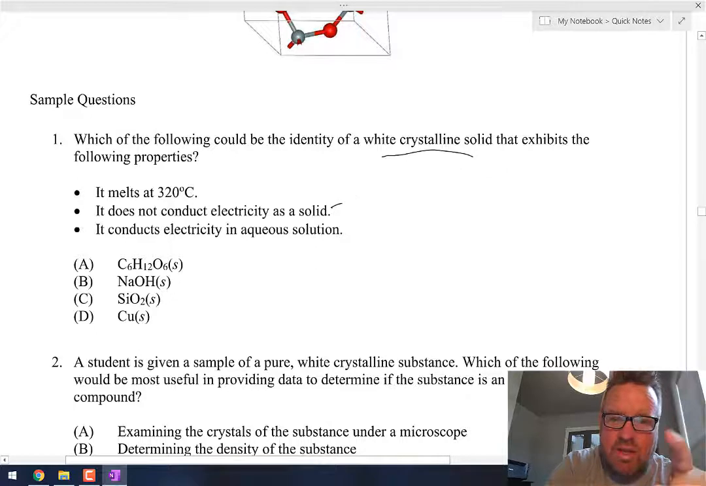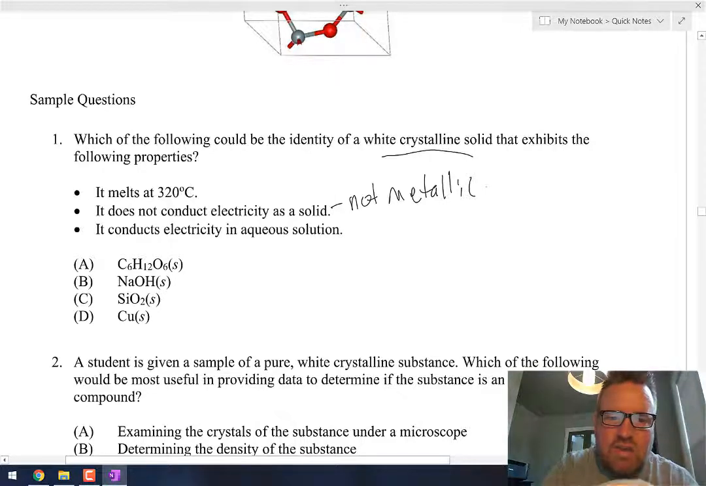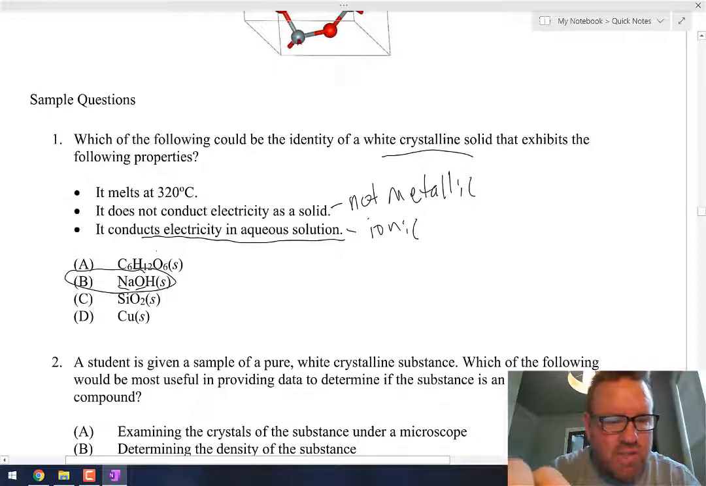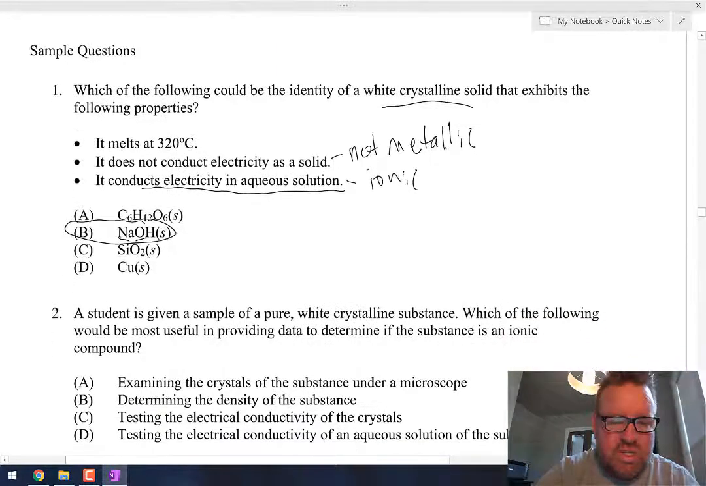Okay, so that means it's not metallic. But it does conduct electricity in aqueous solution. So it does conduct electricity when you put it into water. That has to be ionic. So which of those 4 there is ionic? Sodium hydroxide, metal, non-metal. Okay, A is covalent, C is network covalent, the silicon one we just discussed, and D